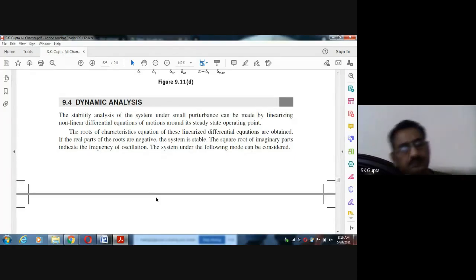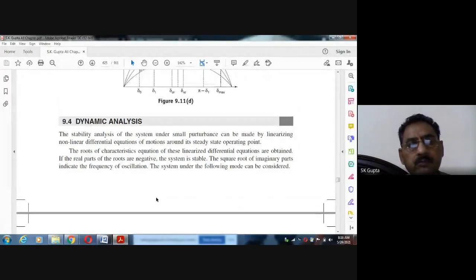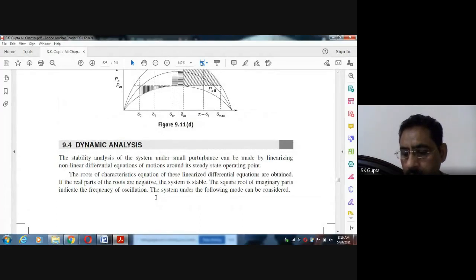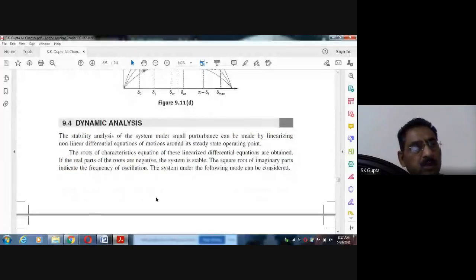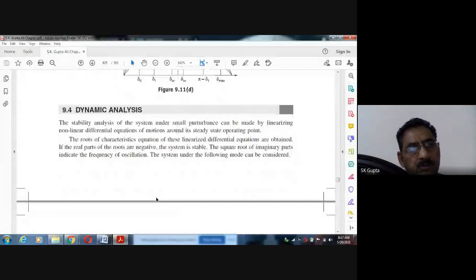In the previous studies, in the steady state analysis, we also described the equal area criteria. Stability is studied with the help of the swing equation. You already know the swing equation you derived, and from it you obtained that in the equal area criteria, even without solving the equation, we can find whether the system will be stable or not. But if we want to find exactly how delta and time are related with each other,